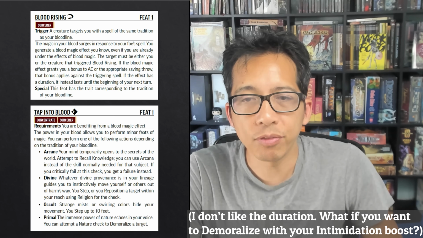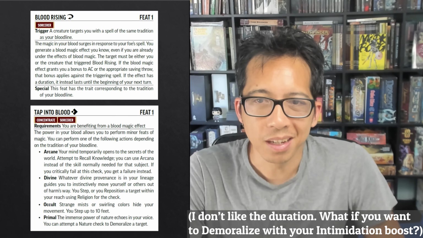The trigger is that the enemy targets you, so if you get a bonus to your defenses, that applies immediately against the triggering spell. The effect ends when your next turn starts. Next is another level 1 feat called Tap into Blood. While you are benefiting from a blood magic effect, you spend an action to do one of these 4 things,